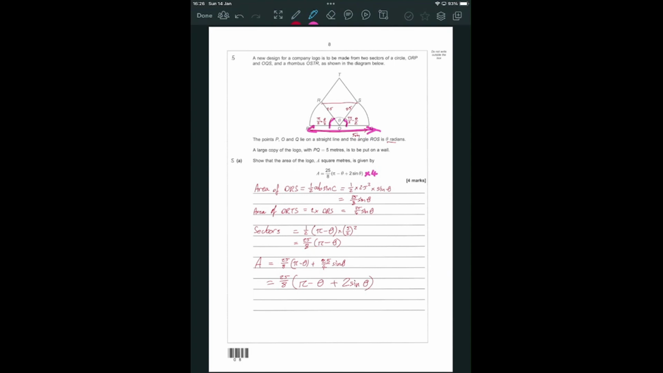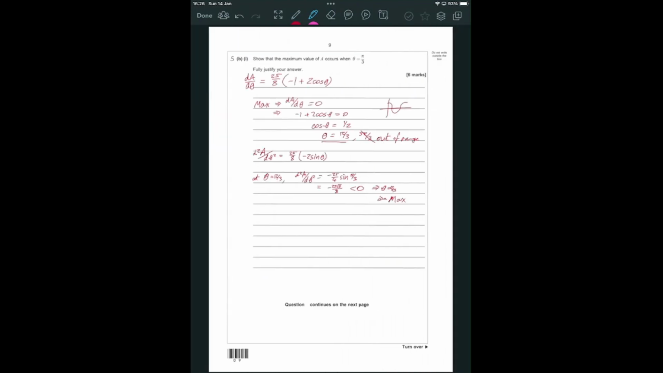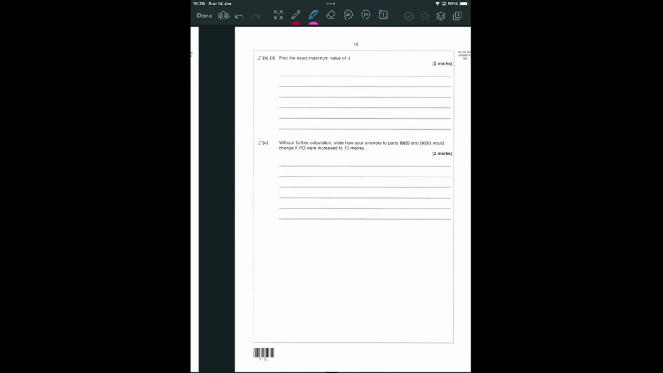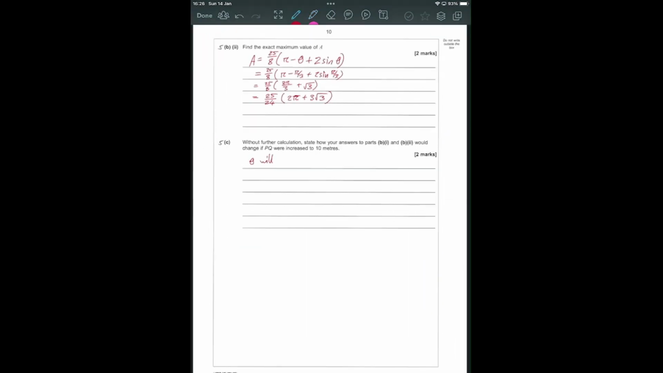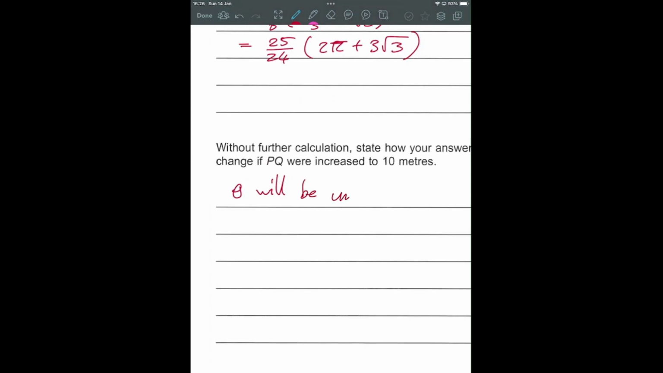That's not going to change anything to do with theta itself, because if the area is 4 times as big, and then when I try and solve this first derivative, 4 times bigger means nothing. That 4 can be divided into the 0. So my theta is unchanged. Second derivative, again, is not going to be changed. The second derivative will be 4 times bigger, but that doesn't change whether it's positive or negative. So theta will be unchanged